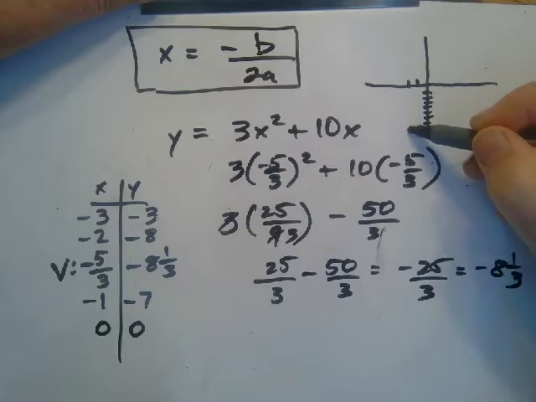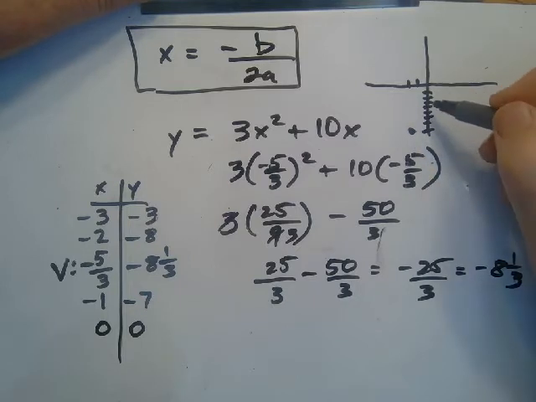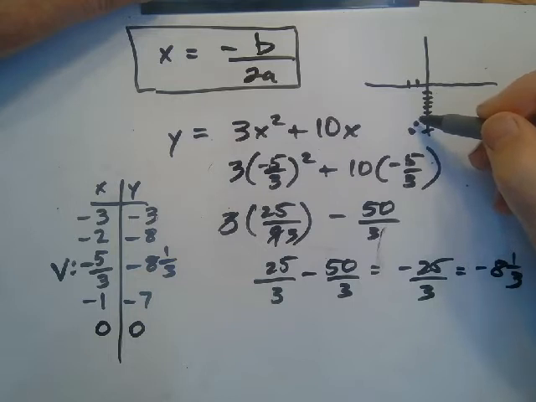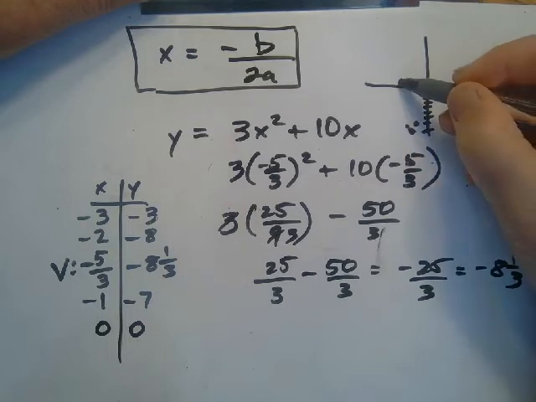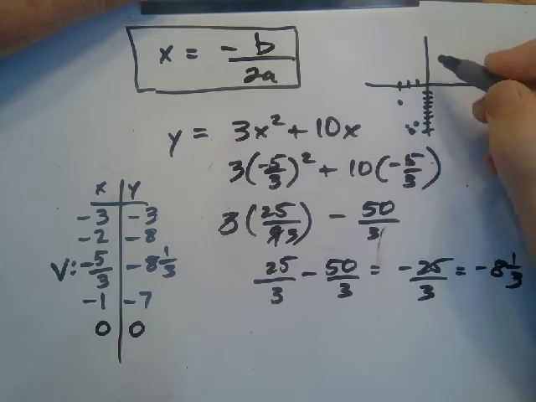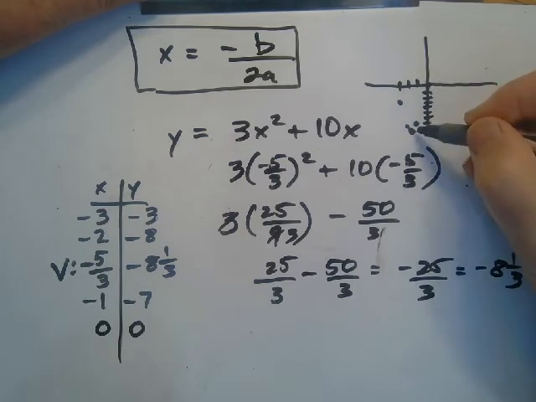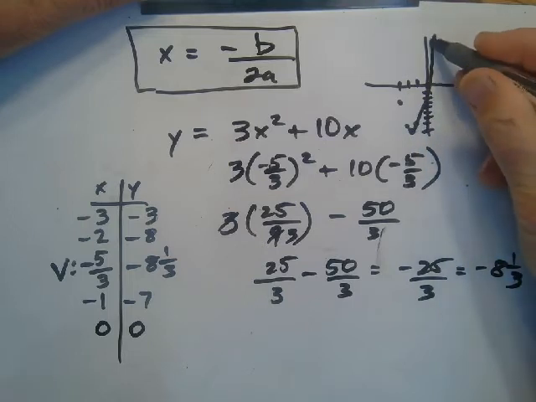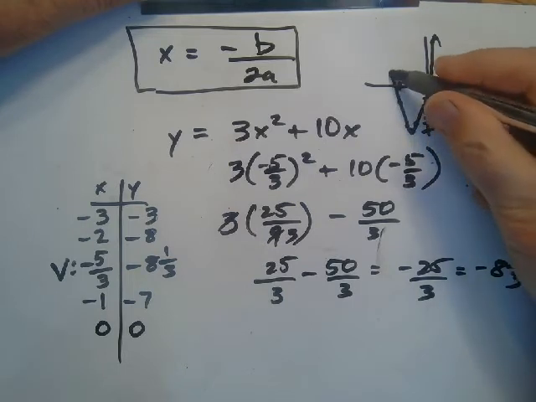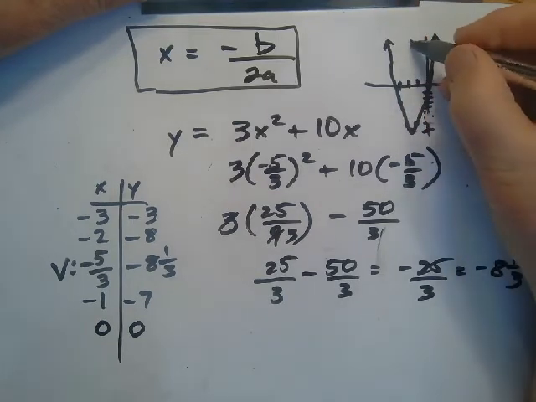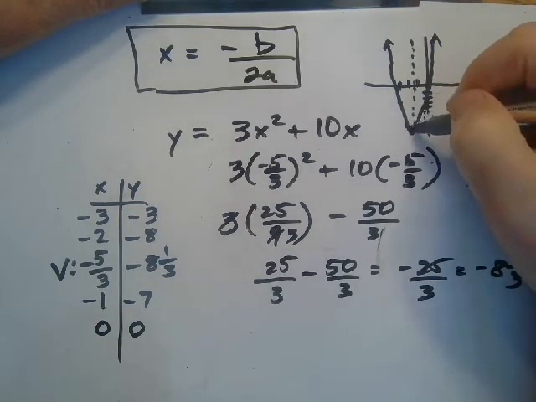You like right in here. -1 goes to -7. -2 goes to -8. I'll put that right about there. -3 goes to -3. 0 goes to 0. There it is. Now the dots are not symmetrical, but the graph is, and the axis of symmetry is that odd number,